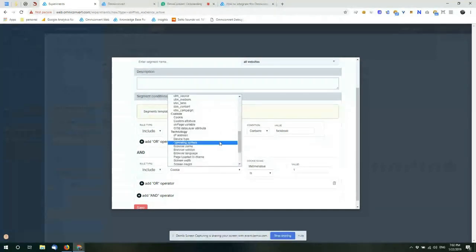Besides cookies, we have custom attributes. Custom attributes I will show you a bit later, but I will talk about them now. Basically, there's a small snippet of code that you can implement onto your website, and with it, push relevant data from your database to us so that we can read and use it in personalizations, messages on your website, and also in segmentation. For example, you can send the lifetime value, last bought item,